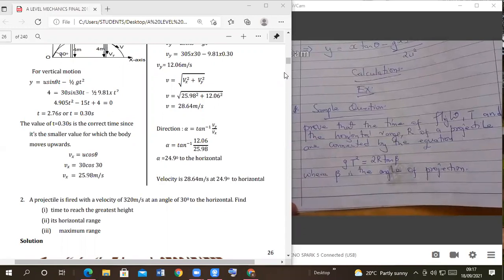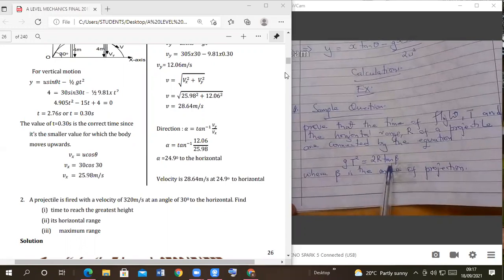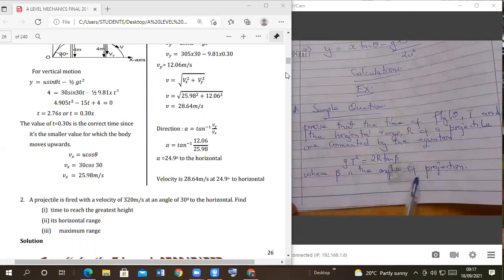The question is saying prove that the time of flight t and the horizontal range r of a projectile are connected by the equation gt squared equals 2r tan beta, where beta is the angle of projection. So let's look at that. So they want us to derive